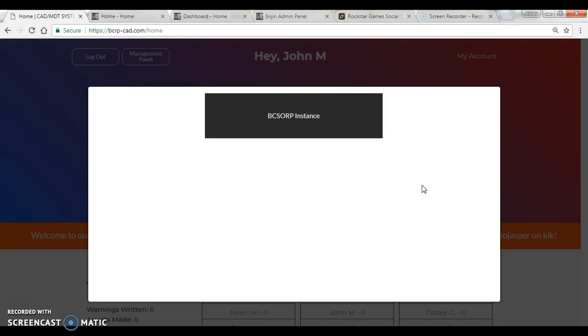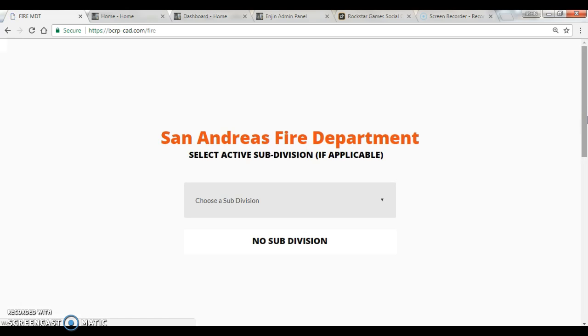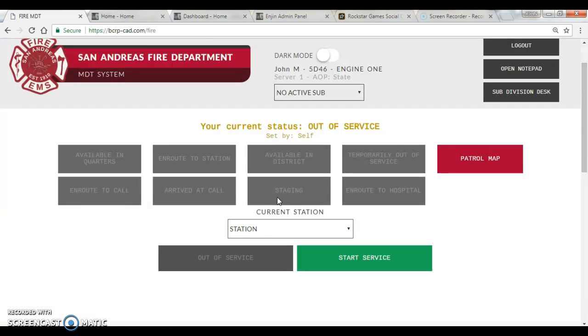Going to fire and EMS, you can name your apparatus. We'll be going in as Engine 1. I have not made all my identifiers yet, so we can't look at that as accurate quite yet. Fire MDT on this end is relatively simple. You have your patrol map, which we've already looked at, and then